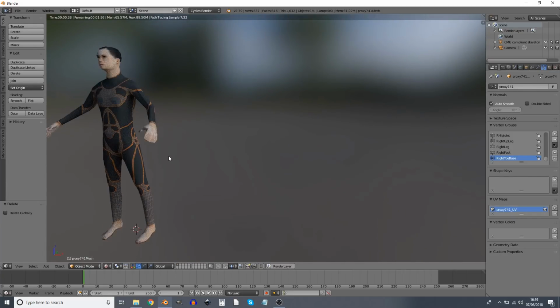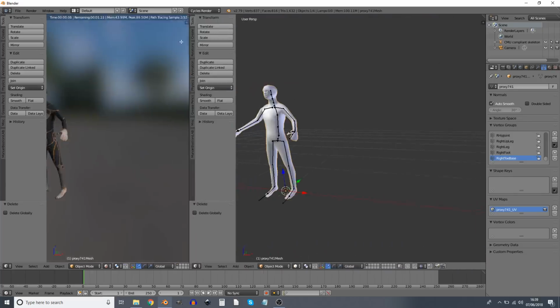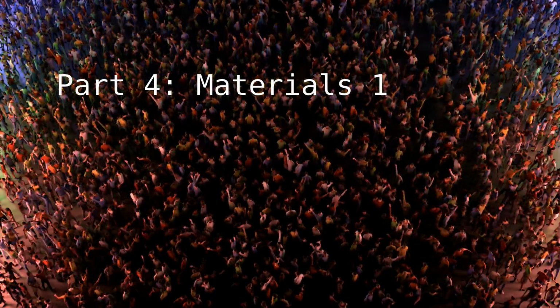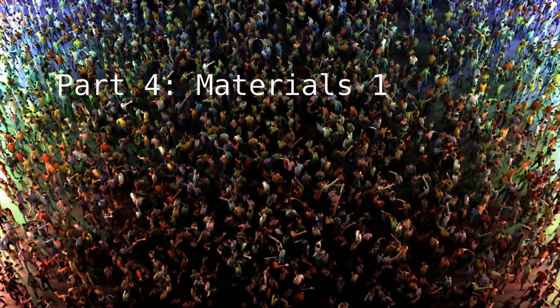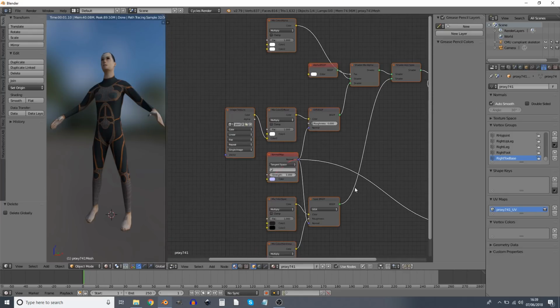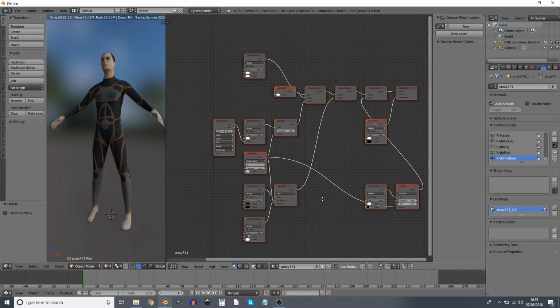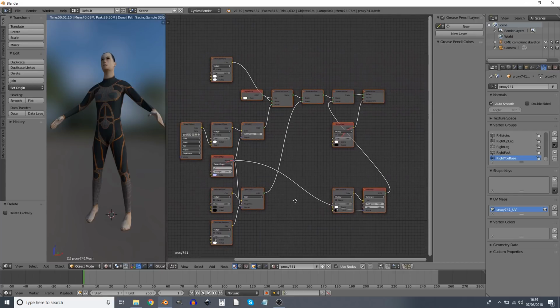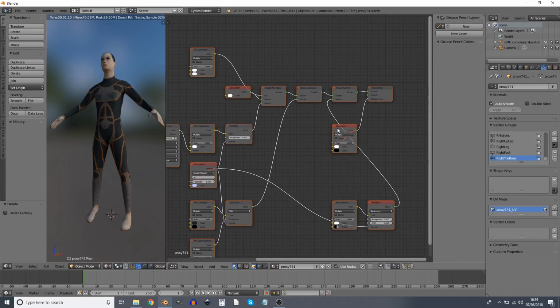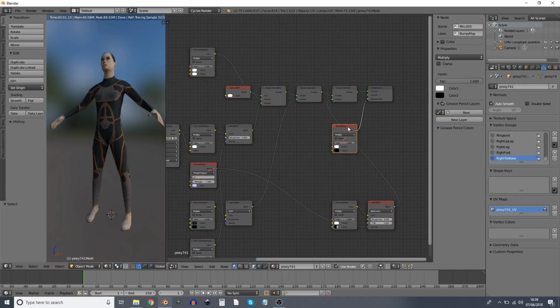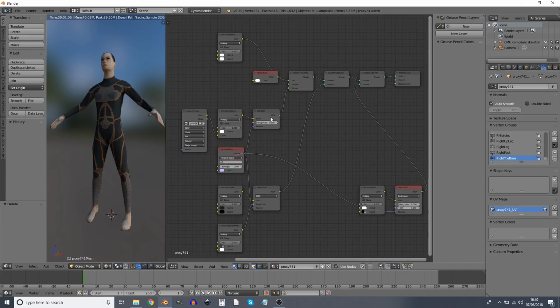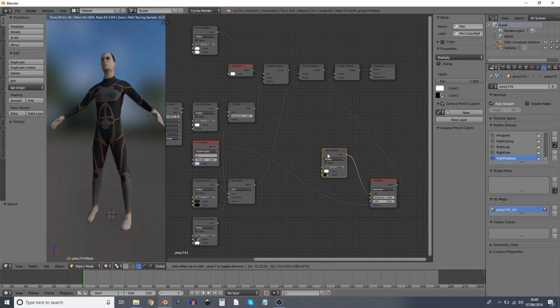But okay, let's have a look at the node tree here. And there's a hell of a lot there. But we can start looking at it, and a fair bit of it can be deleted. This bump map is quite clearly doing nothing. This shader add, so what are we adding here? We've got a normal, it's coming from a normal map which just has a single colour going into it,